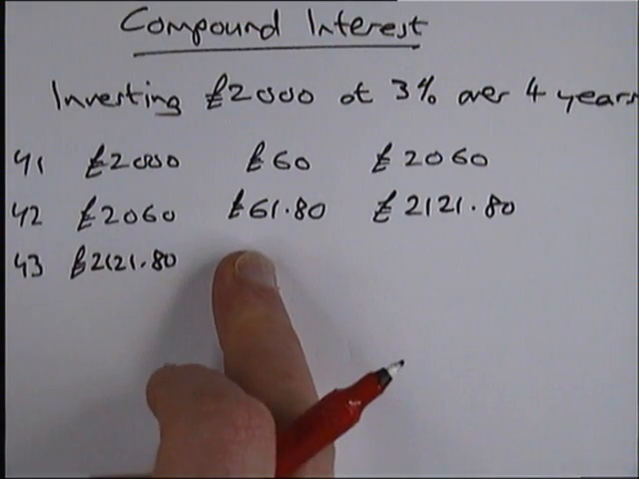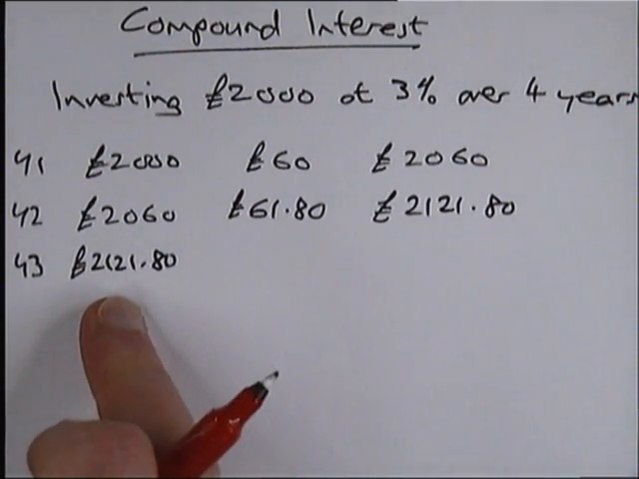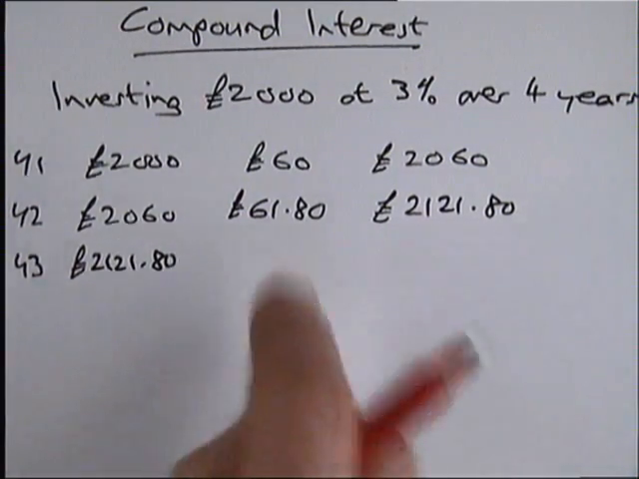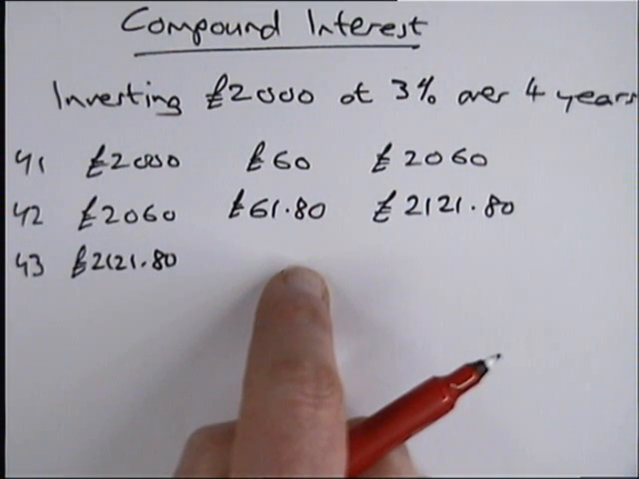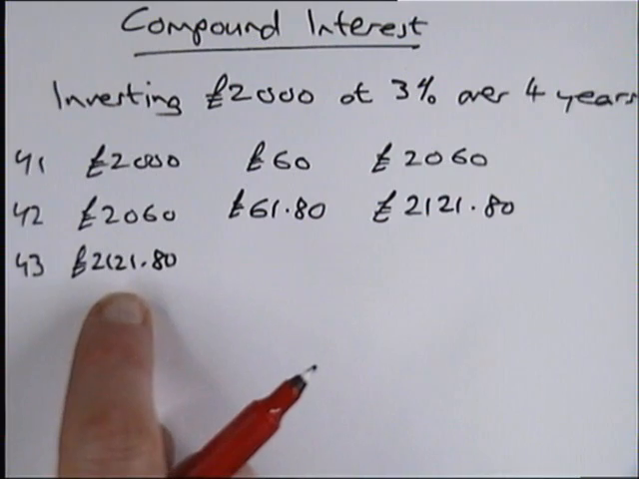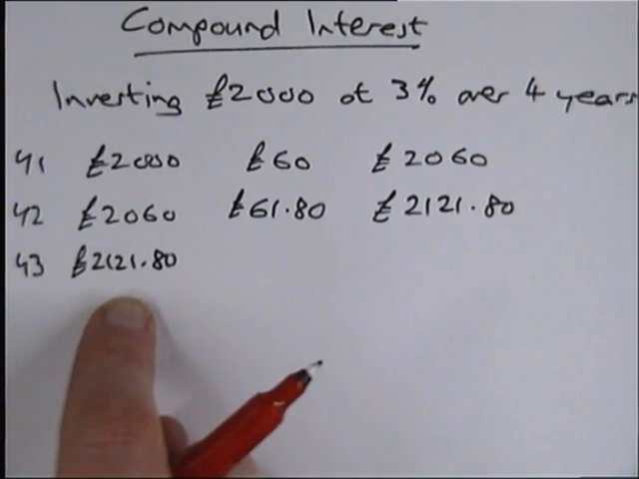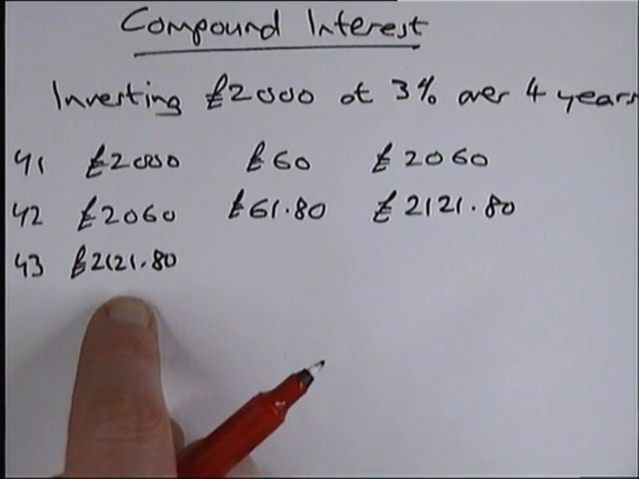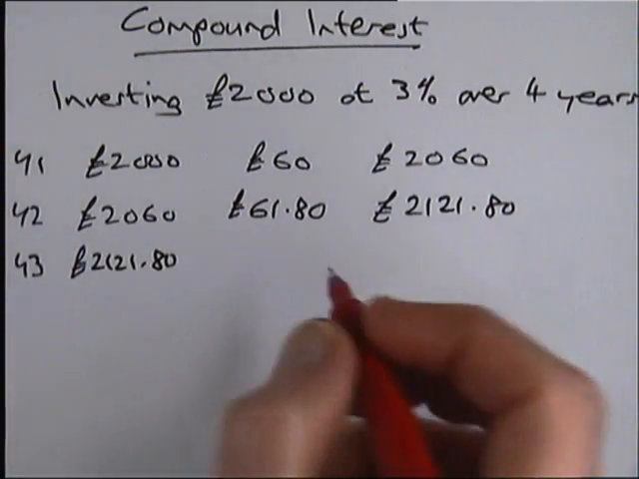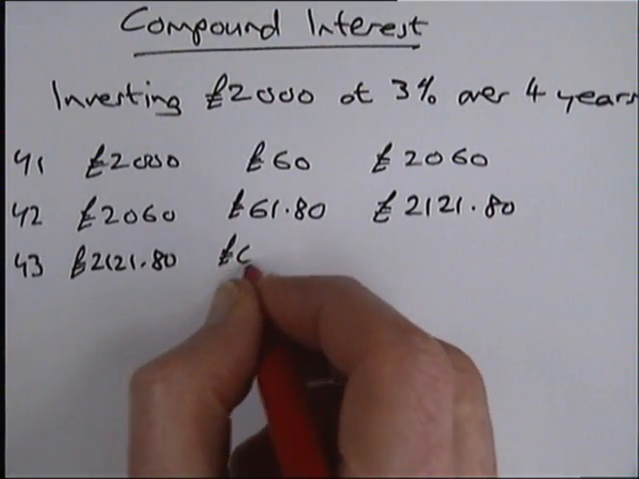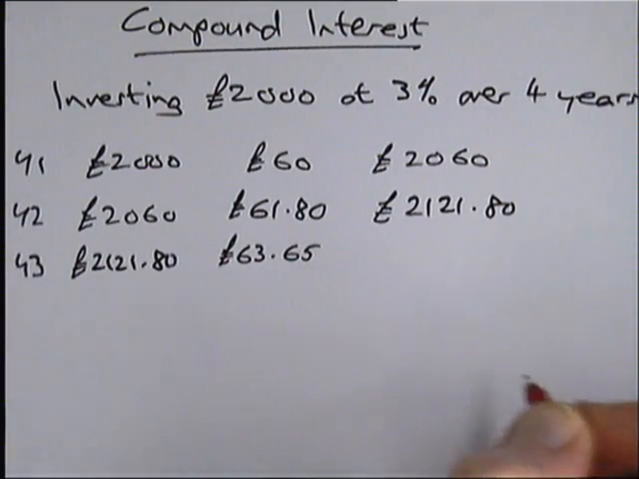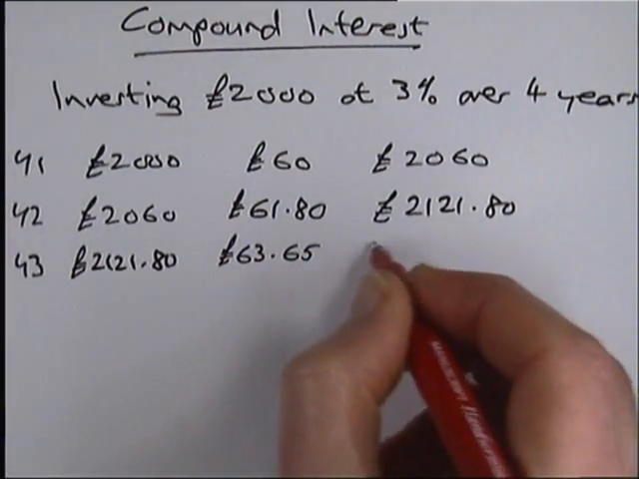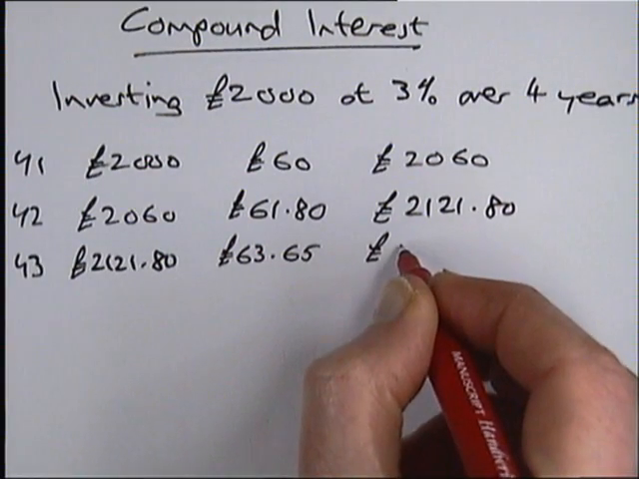The interest we receive in year 3 will be 3% of this figure. So again, we should expect now a slightly bigger amount, maybe £62, £63, something like that. So we need to do the amount number divided by 100 times by 3. And if you do that on your calculator, you should find that it's £63.65. So at the end of year 3, if we add these two amounts together, we should now be on